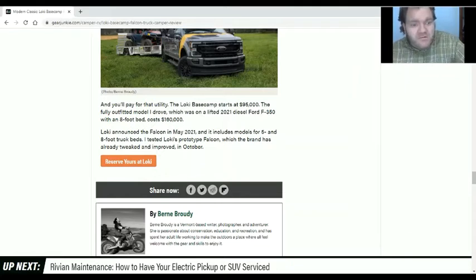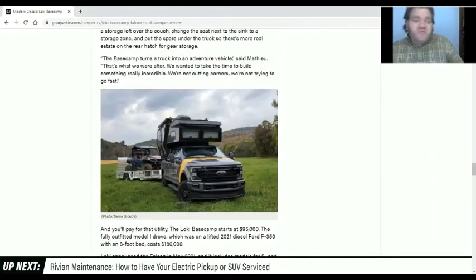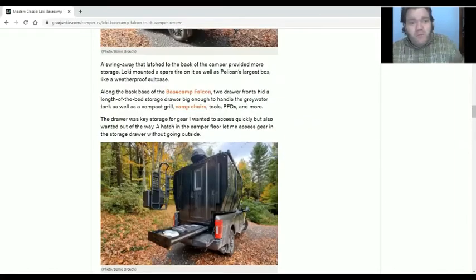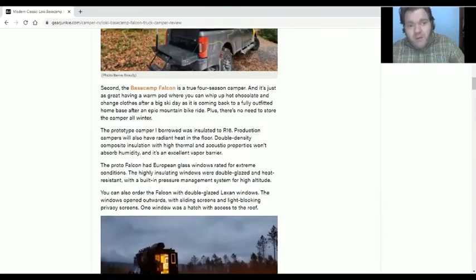Loki announced the Falcon in May 2021 and introduced models for 5 and 8-foot truck beds. I tested a Loki prototype Falcon, which the brand has already tweaked with improvements in October. Of course, this is obviously a starting out truck camper, so that's going to be a high price, because they're probably just starting out building these, and as time goes on, with more production being built, the cost will go down. But my thoughts on this truck camper,